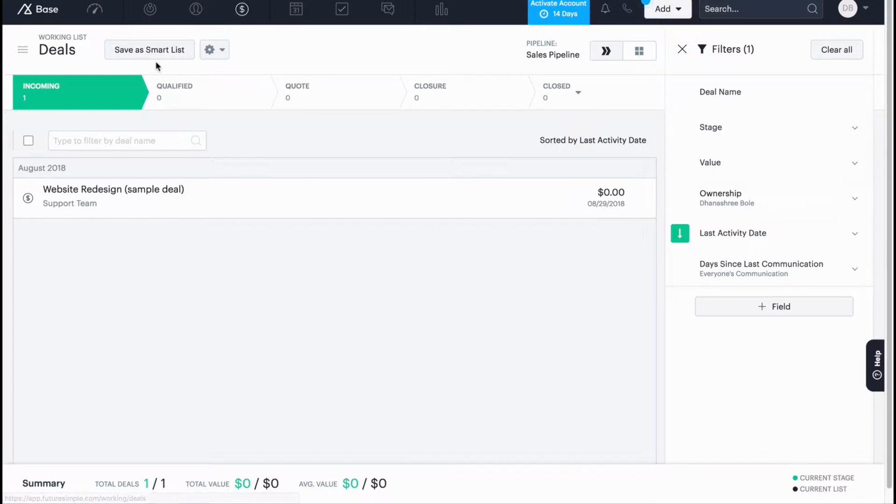Along the top you can see the different stages of the sales pipeline: incoming, qualified, quote, closure, closed. Whereas for closed we have won, unqualified, and lost, depending on how the deal goes. Now this helps in giving a good sample, and it's great if you're just getting started. You will see the real power of this particular tool once you have customized the sales process to actually meet